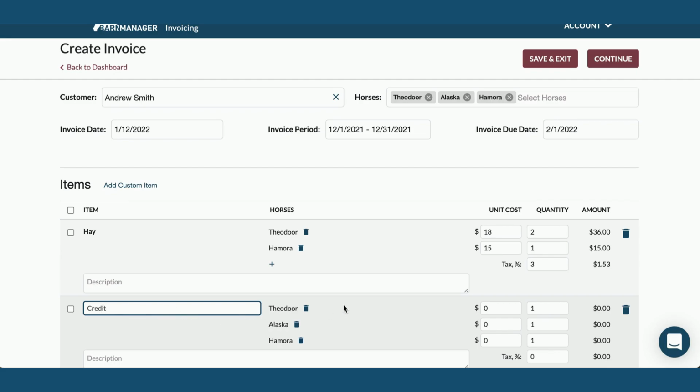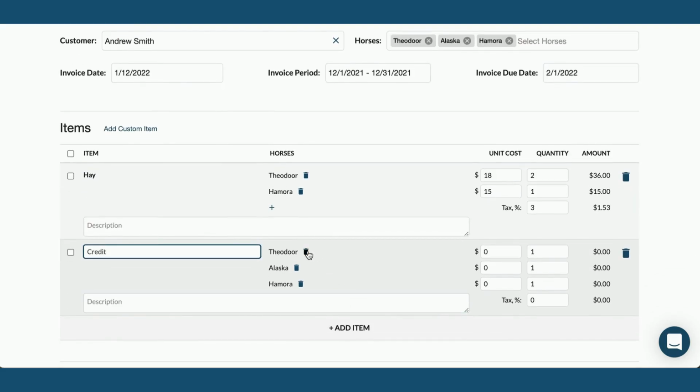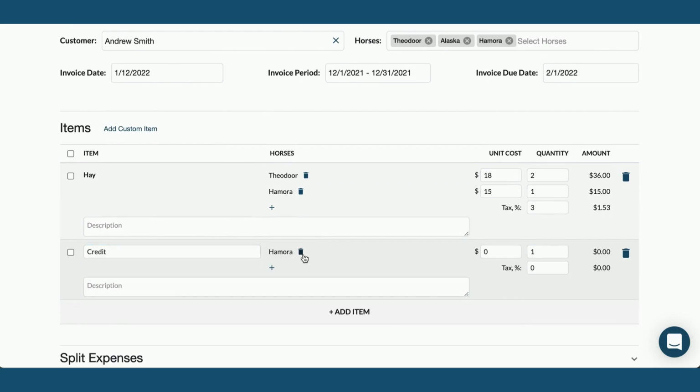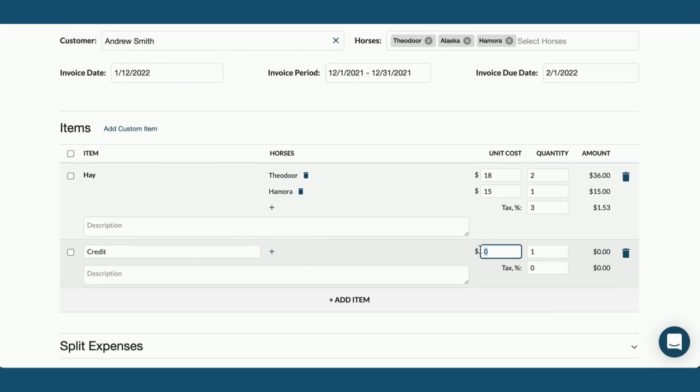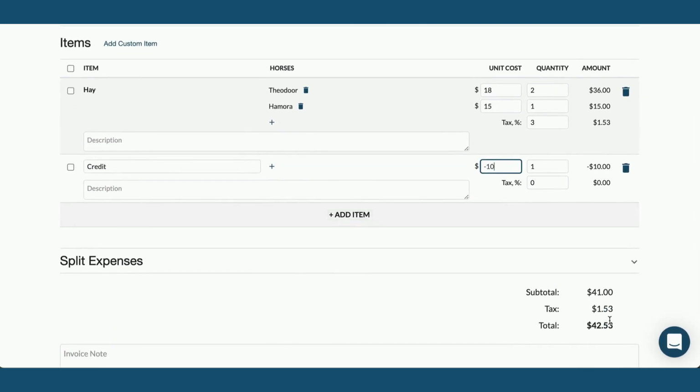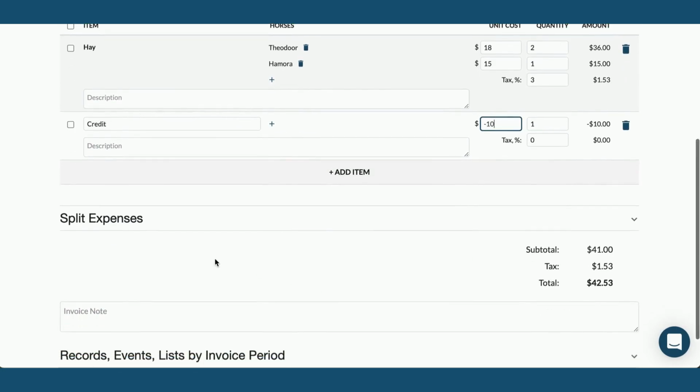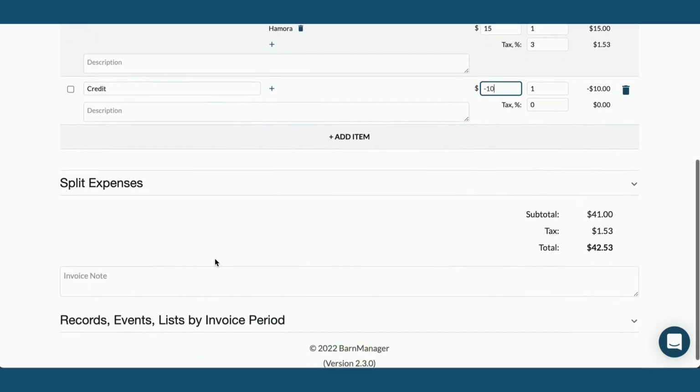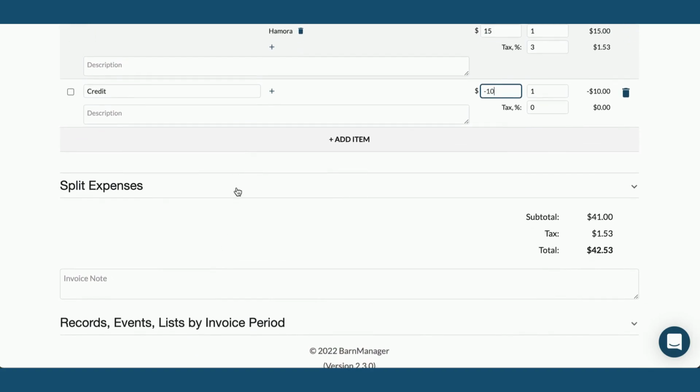In the case of a credit, it's probably not going to be associated with a horse, so I'm actually going to go ahead and remove these horses. And then I'm just going to type my negative amount here to apply the credit, and that'll automatically get calculated into the total. The third option here in terms of populating your invoice is